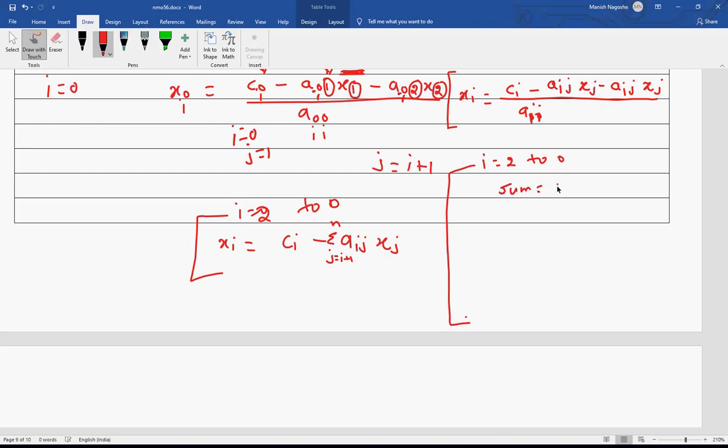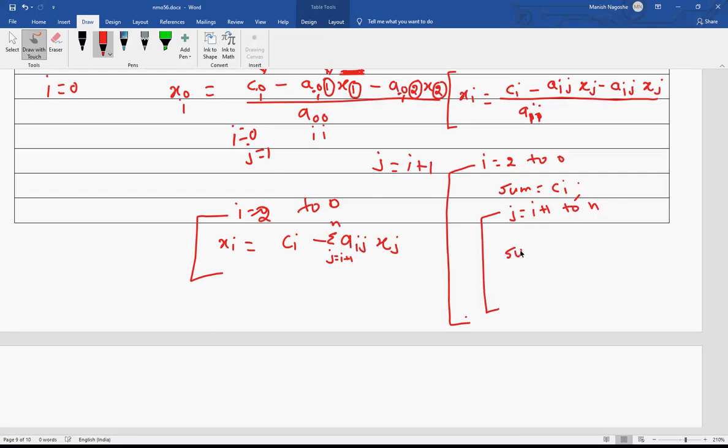I will say sum equal to ci, because I don't want ci to physically change, so I store it in a variable. Then I use another loop, which starts from j. It has to be greater than i, and it will go up to the last row.